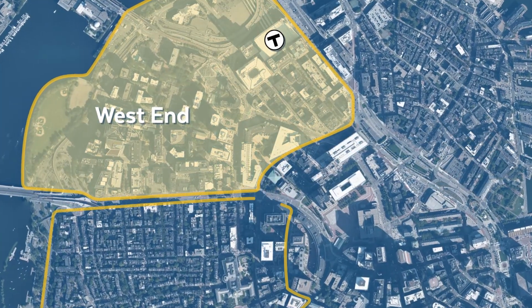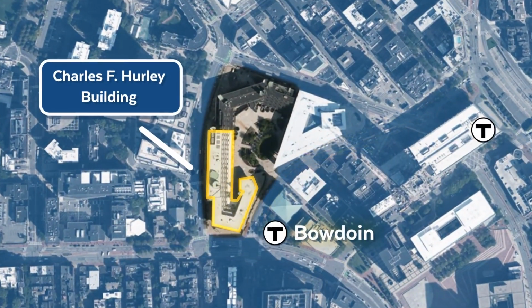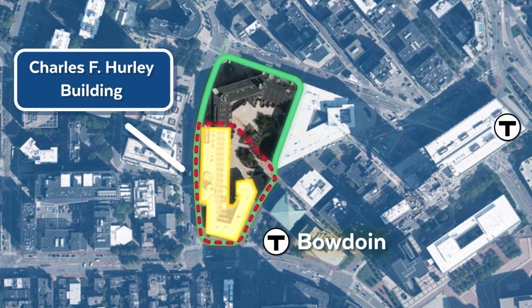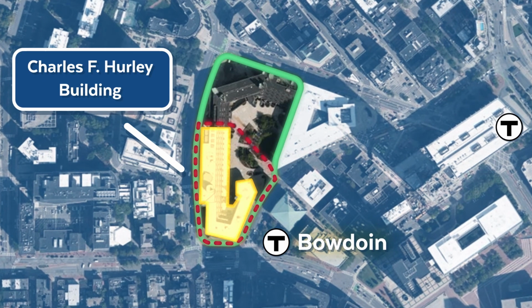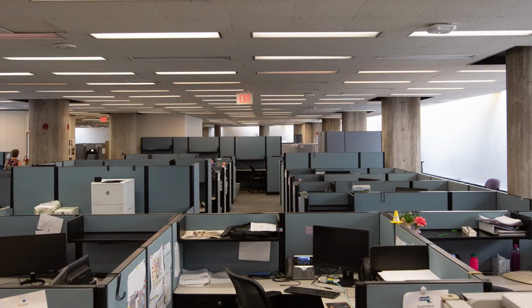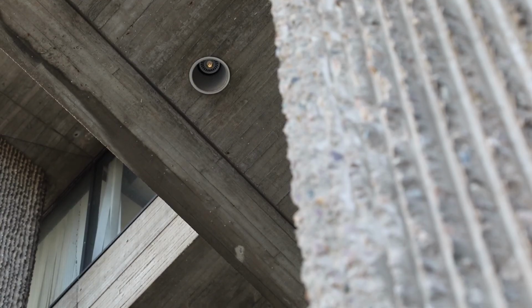At the edge of Boston's West End neighborhood, near Beacon Hill and Government Center, the Charles F. Hurley Building occupies a prominent 3.25-acre site in downtown Boston. Owned by the Commonwealth of Massachusetts, the building houses offices for some 600 state employees. At 50 years old, the building is at a crossroads, and the Commonwealth is pursuing a redevelopment of the site